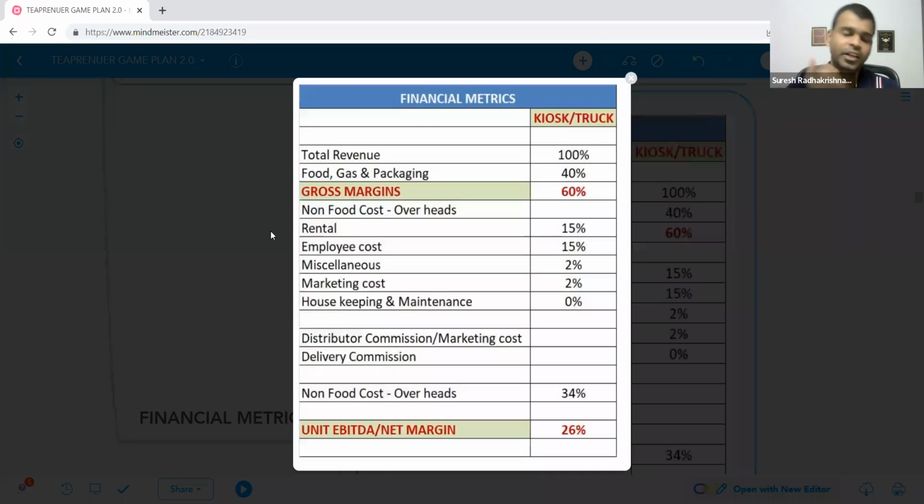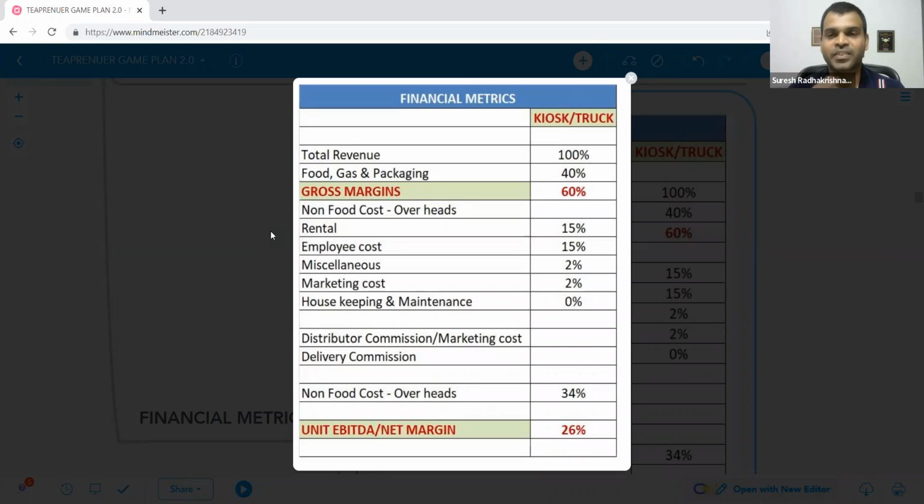I call it as unit economics. So before I take you through this financial metrics, I will explain what exactly is unit economics. When I say unit economics, a lot of people might get confused. What is this economics coming in this modern outlet training program, right? Unit economics is applicable for any business. So the economics of a single unit, in a very simple manner. Anybody can tell. Let me explain.